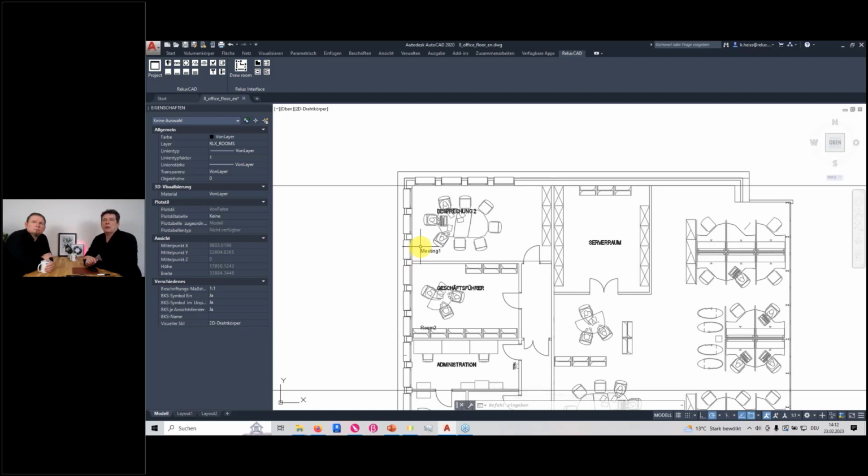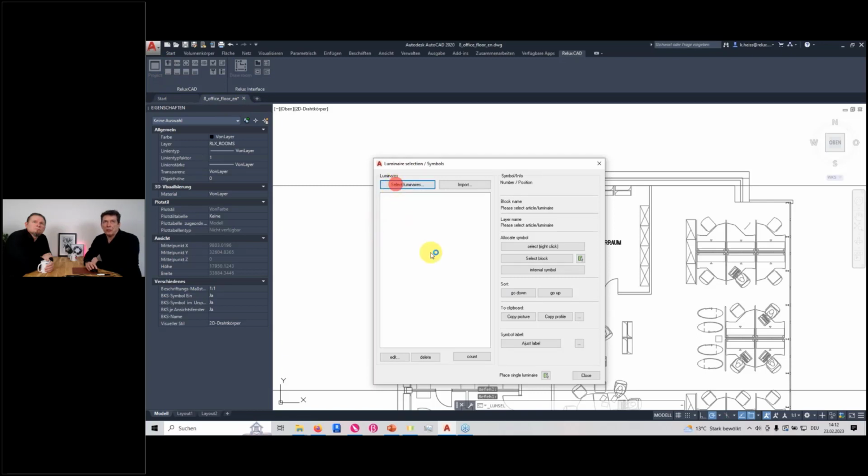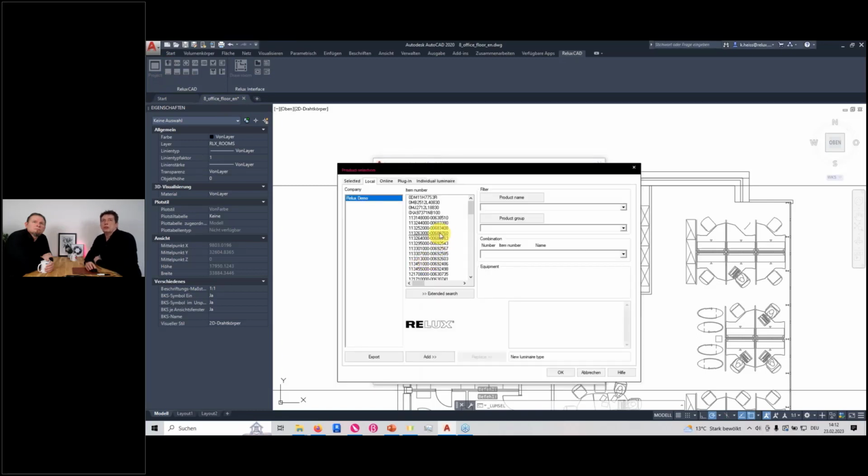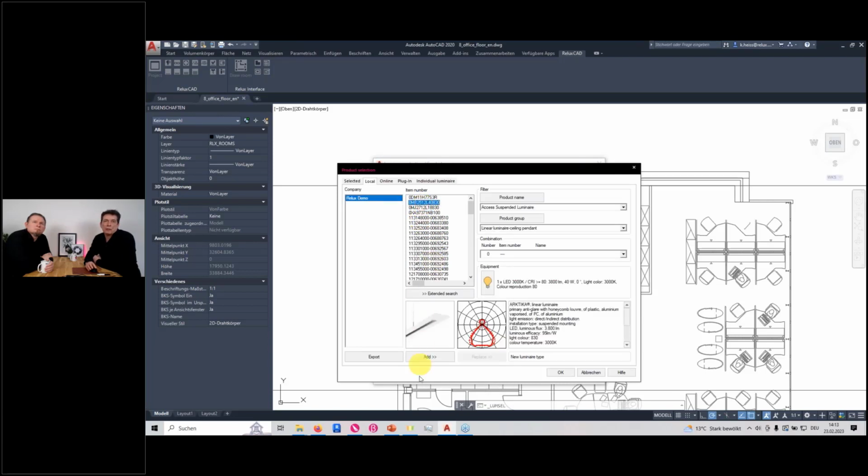We can select and place luminaires not only in ReLux. We also have the possibility to do this directly here in AutoCAD by choosing this command. And here we will find our traditional, well-known product selector, from where we can select products in the same way as you do it in ReLux Desktop. I will now, for my small example, use